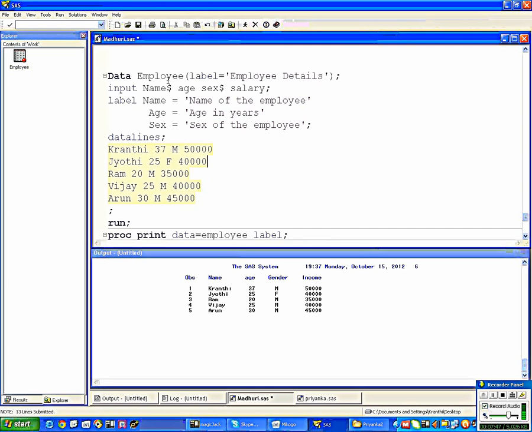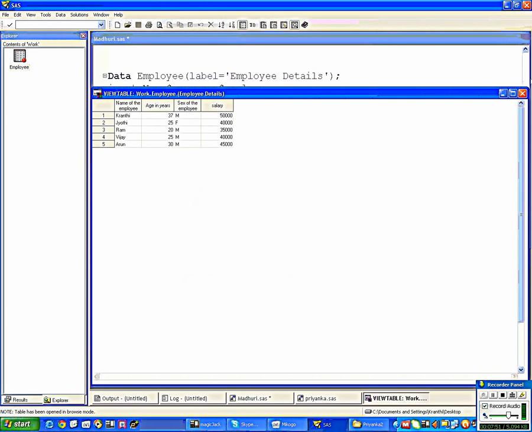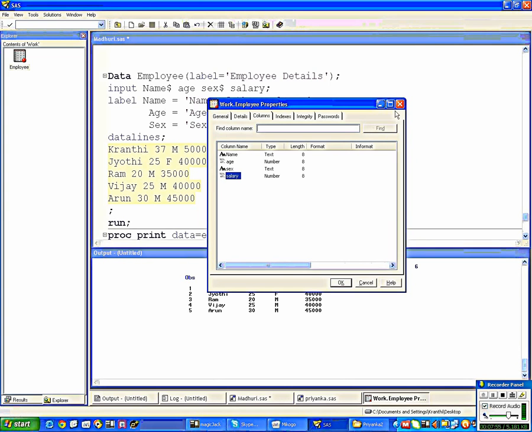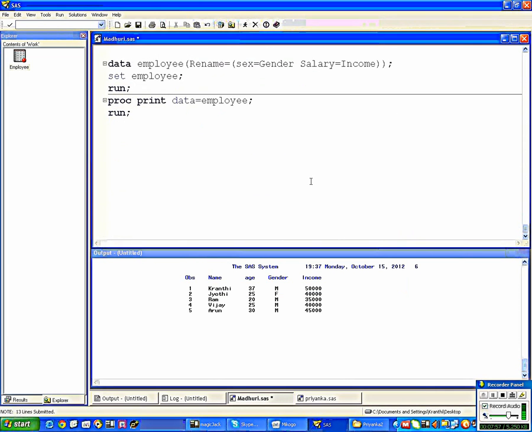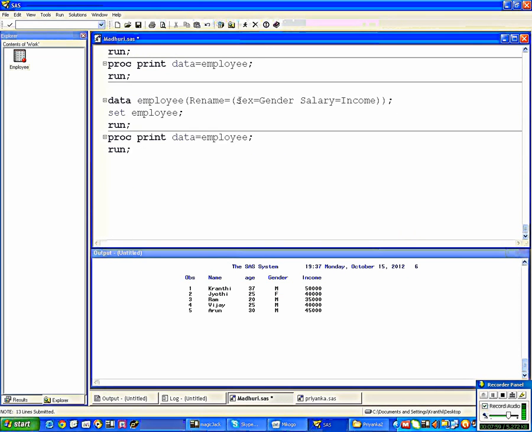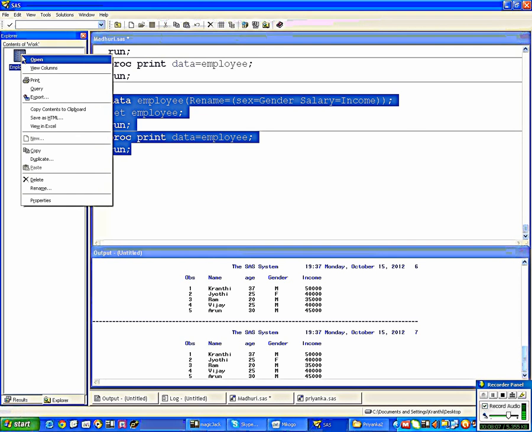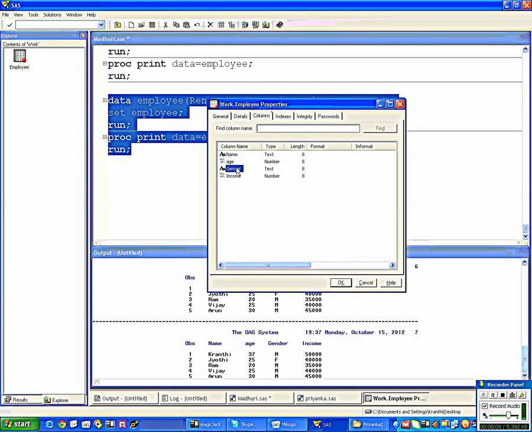See, I will show you once again. See, now this is the employee, right? When you open the employee, it contains sex and salary, right? Sex and salary. Now, I am converting the sex into gender, salary into the income, but with the same name.